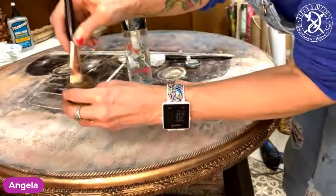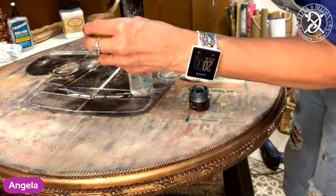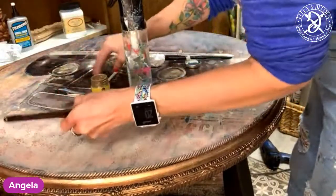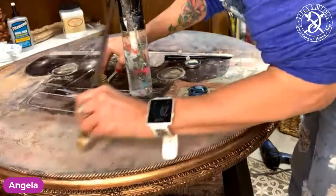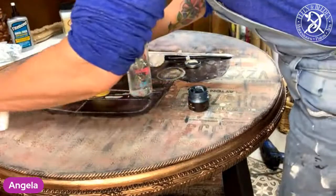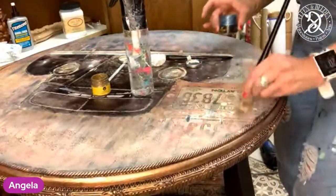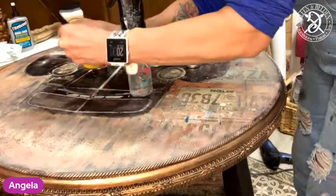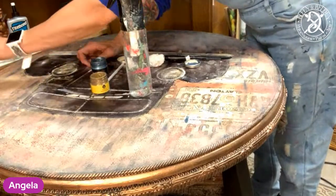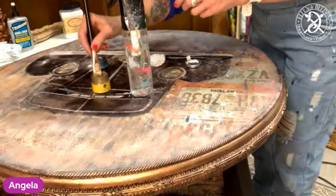So, mixing that a little up. The Precious, they are water-based also. Now we're talking. Doing the same thing like with the blue Prussian. Just to